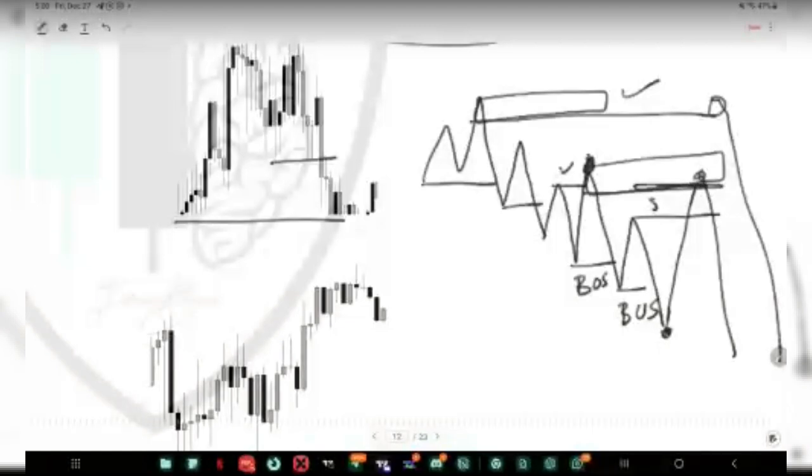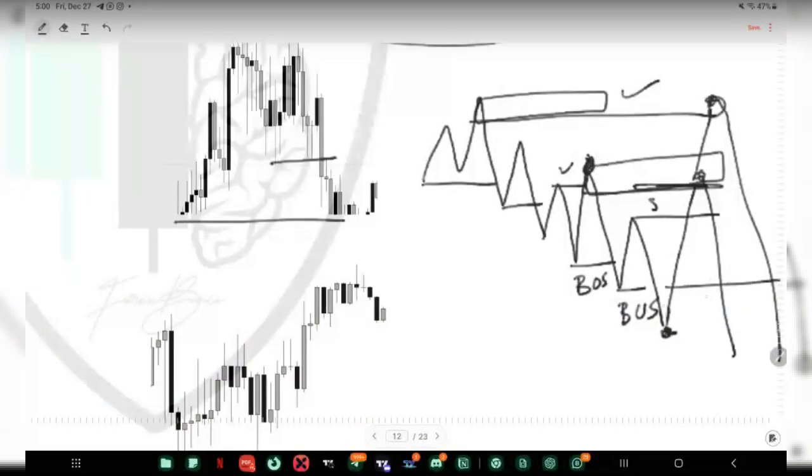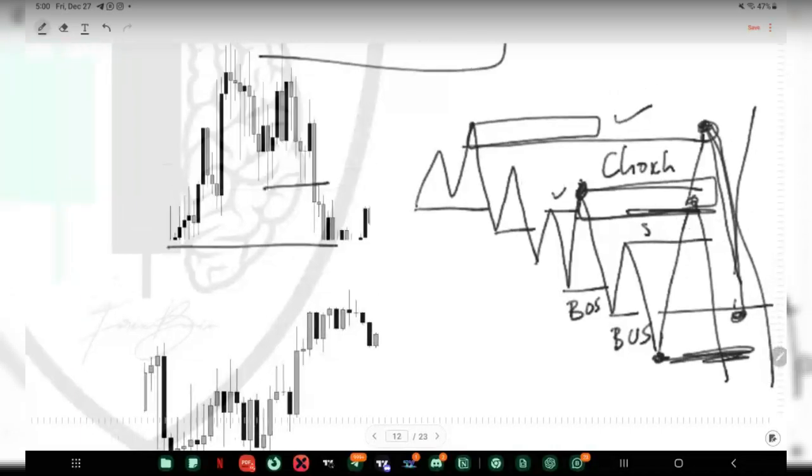So when price gets here, you are not even targeting this low. You are just targeting somewhere here. If you can get this here, not necessarily targeting here, because this can lead to a true change of intent or a change of character. Do you get? So price can do this, and you'd have taken your profits.